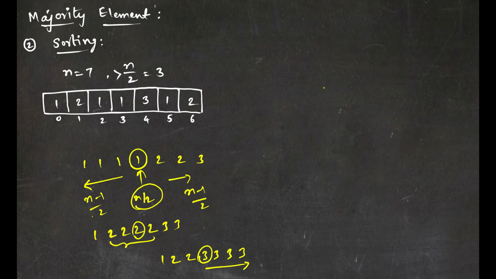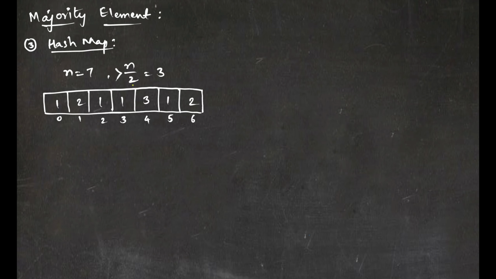If you look at the time complexity of this approach, since we have to sort the entire array, which will take O of n log n time, and after sorting I just need to return the mid element, which will not take any time. So the only operation is sorting, which takes n log n time. And space wise, if you use any in-place sorting algorithm, it will not take any extra space, so it's going to be O of 1.